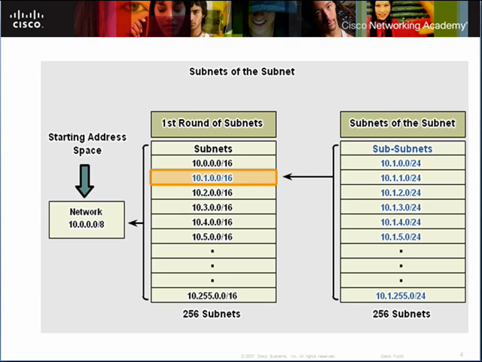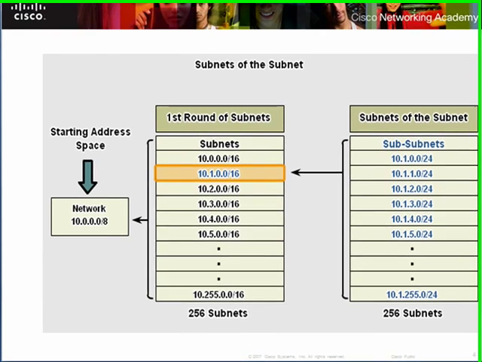This chart indicates network address 10.0.0.0/8. This address space can be divided into multiple subnets by borrowing more bits from the host portion. The second column indicates the subnets obtained as a result of borrowing 8 more bits from the host portion, which results in a prefix notation /16. Or in other words, it represents a network with subnet mask